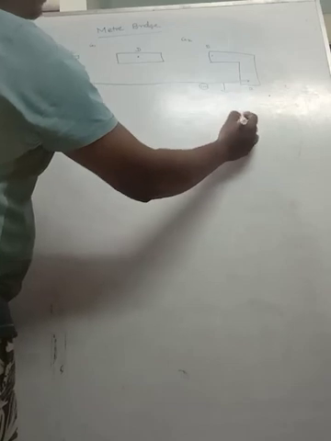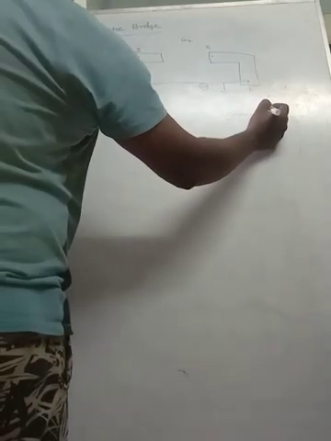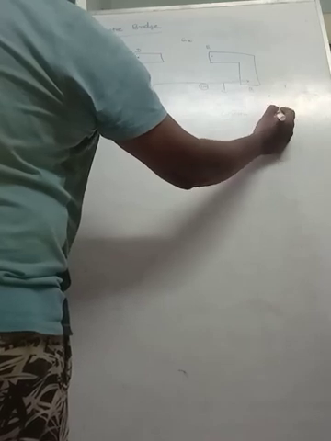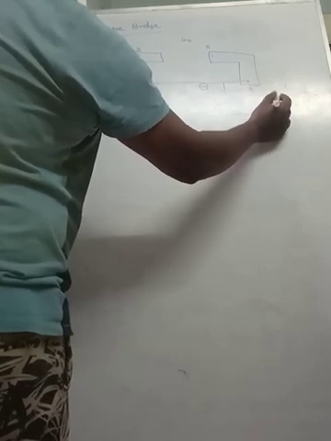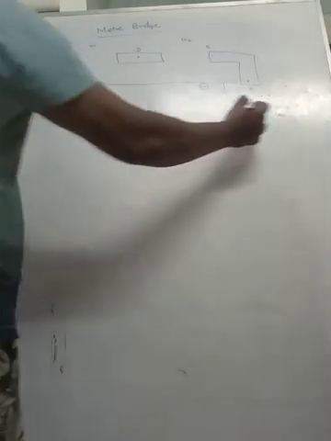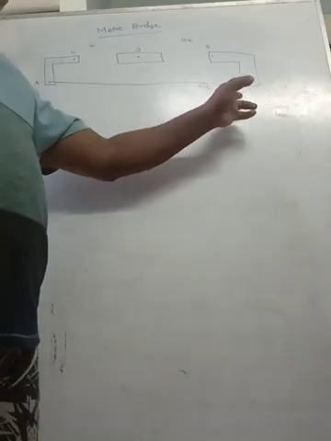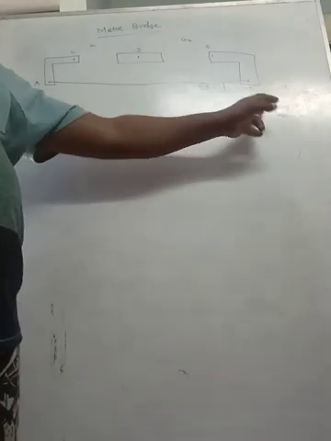Why do we use manganese or Constantan? Already we have learned about the temperature coefficient of resistance, that means the alpha value. The alpha is very small. This is a very important question, a repeated board question: why do we use manganese wire as a meter bridge wire, or as a resistance wire? So here we use either manganese or Constantan because alpha is very small.